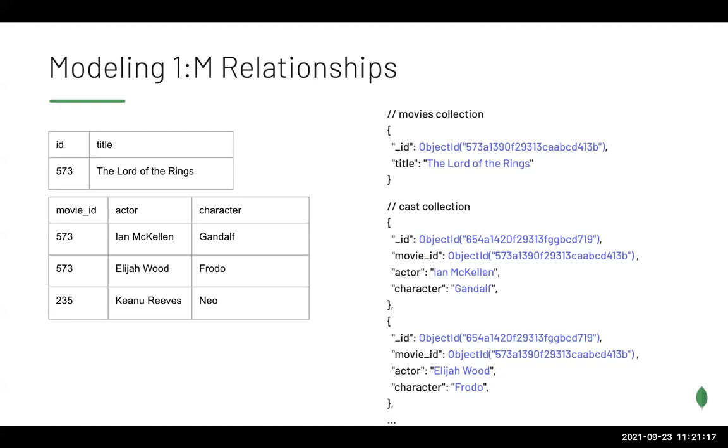So if you take that relational knowledge and shift it over to the document data model, you might think to do it similarly, right? You would have a movies collection that's going to have the movie title, information about the movie, and then a cast collection that's going to have a reference to the movie, and then who the actor is, what character they play, and any other information. And so you would have one document in the movies collection for the movie and many different documents in the cast collection. And again, while you can do this, it's very likely an anti-pattern, because remember, data